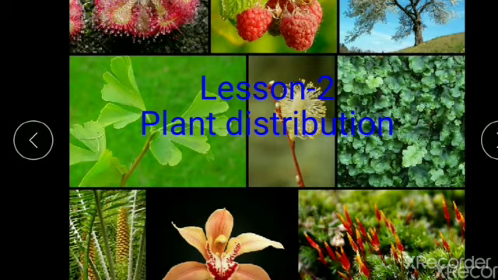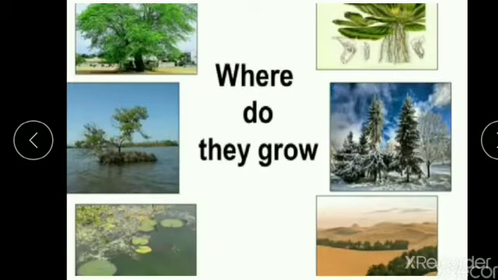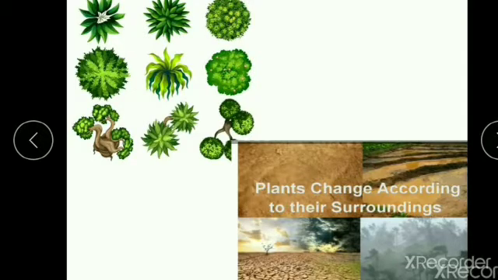So let's start our second lesson, plant distribution. Do you see plants in and around you? Yes, right? Plants grow all over the world, and they grow in desert areas, hill areas, and in and out of water. So to survive, they have to develop certain ways. We say they have adapted to local conditions. You can see plants growing in areas where there is more rain, less rain, and hardly any. In all these places we see plants growing.